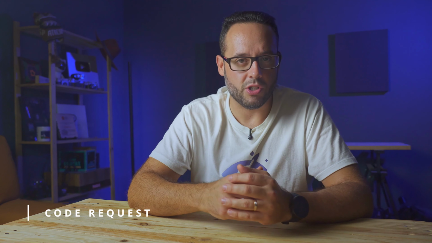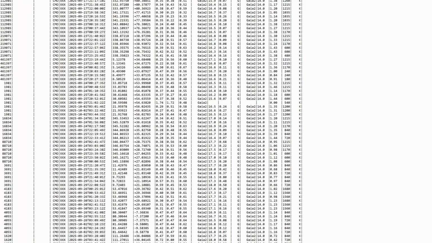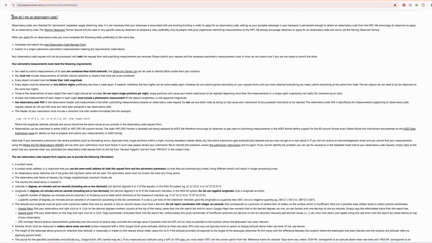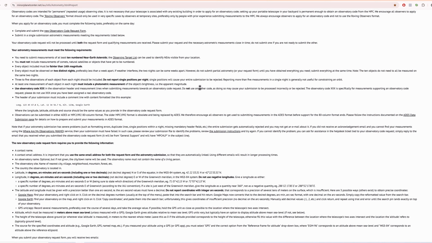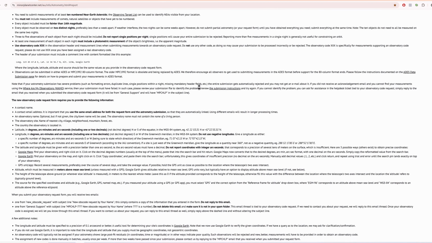Once you have gathered all your observations, you will need to transfer them into a single ADES report. And this will be the report you must send to the MPC for validation and for the issuance of the code for your observatory, if they consider it correct. On the MPC website, you have all the information needed to carry out this process, including instructions for submitting all the data, the code request form, and the section to send the report. In the description of this video, we have provided a direct link to this section of the MPC website. In any case, if you have any questions about this, you can write to us and we will be happy